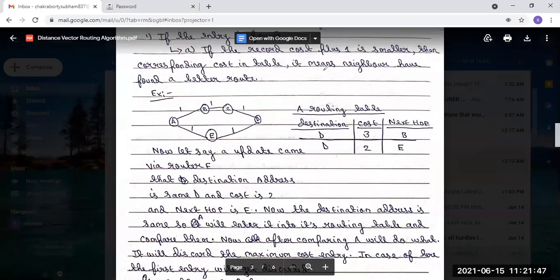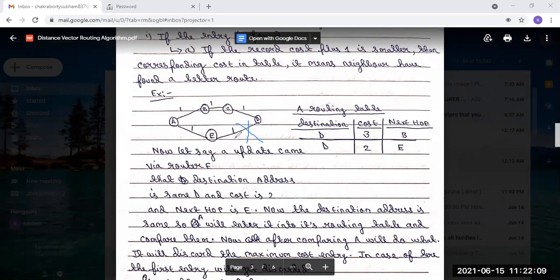this link has been destroyed. Between E and D, this link has been destroyed. So that means this cost will not be present there, because the link has been broken.